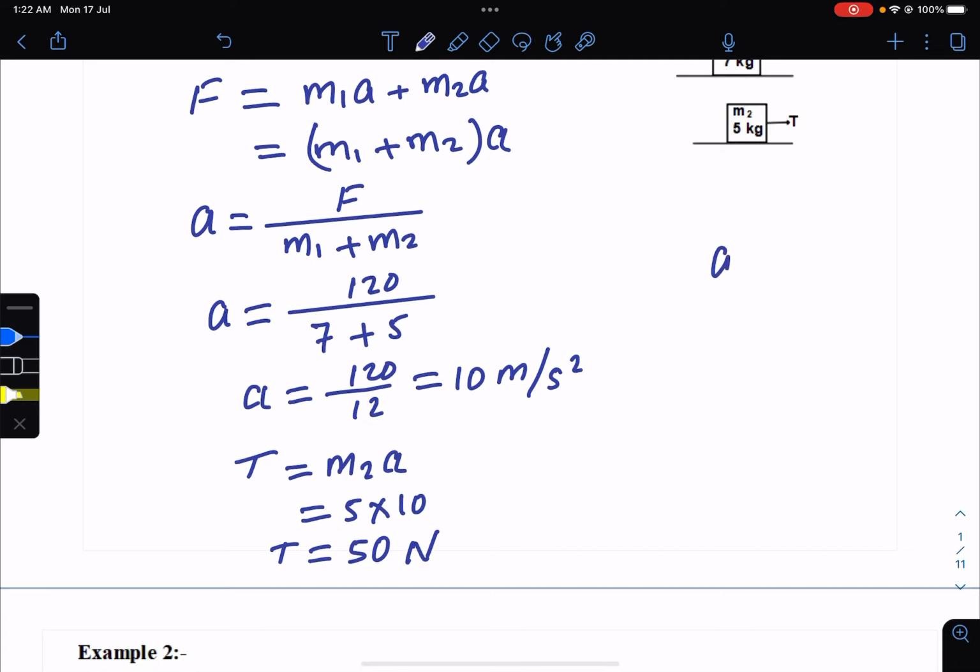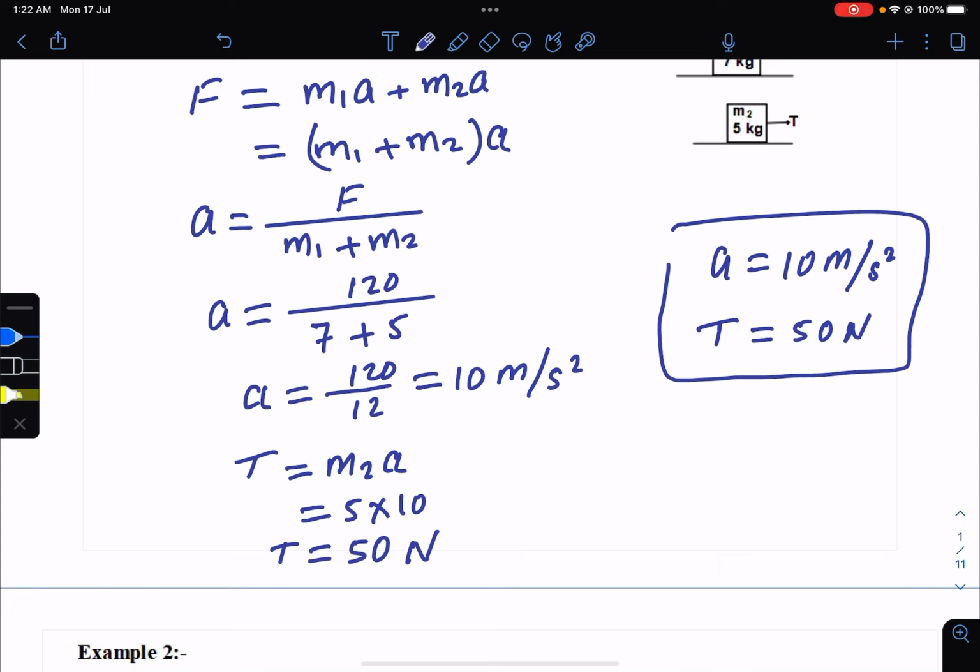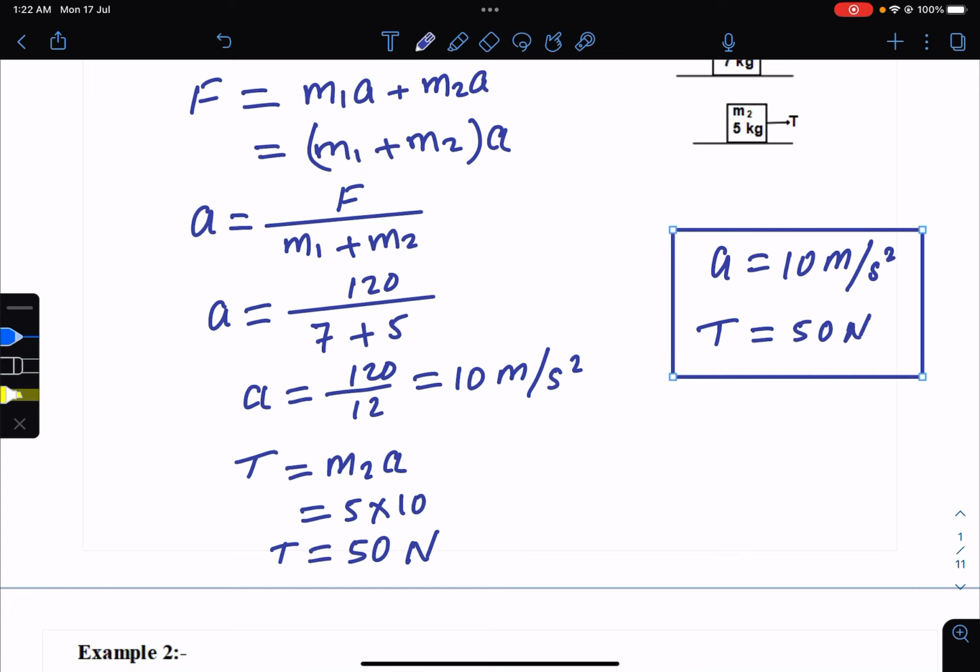Therefore, acceleration equals 10 meters per second square, and T in the rope equals 50 Newton. And since tension, which is a resisting force, is 50, which is less than the value of the force, which is 120, then the system is going to be in motion with a certain amount of acceleration that was calculated to be